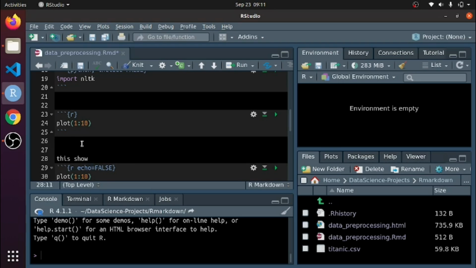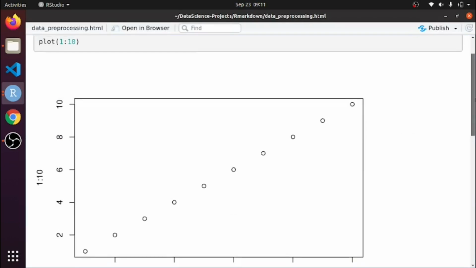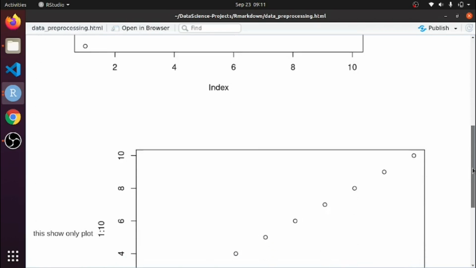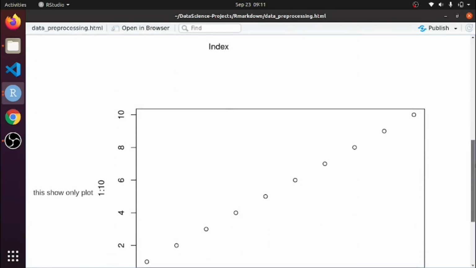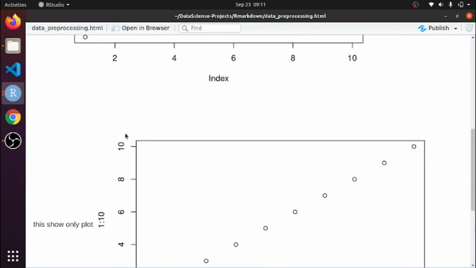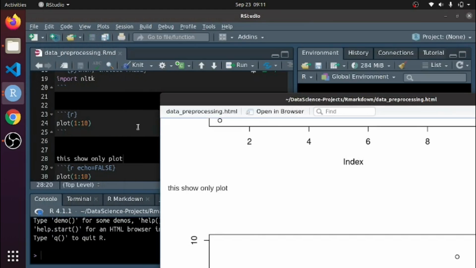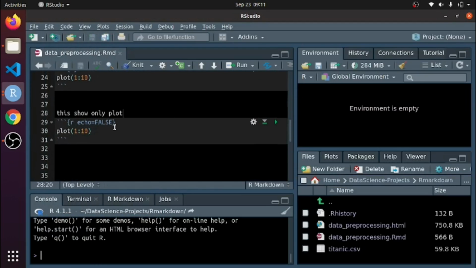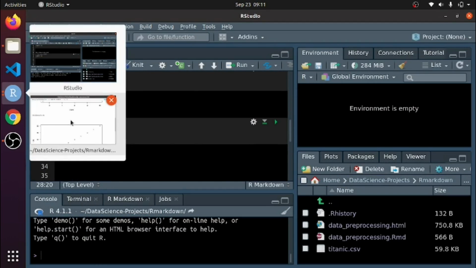So this shows only the plot. Now I am rendering it. This is the plot, and for now concentrate on this. So this command hides the code but shows the result.